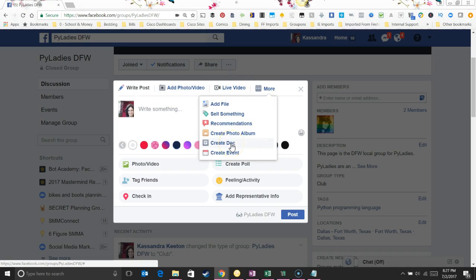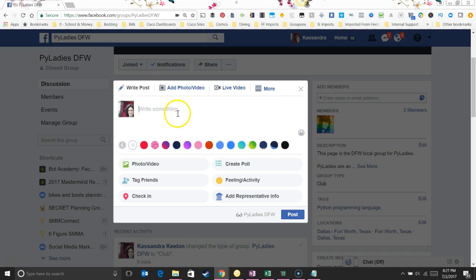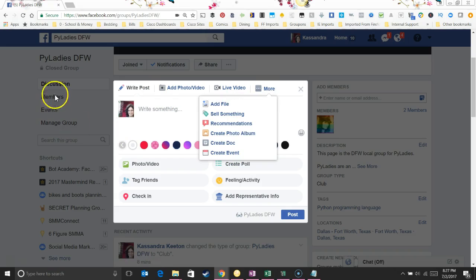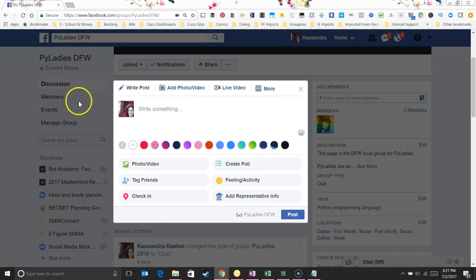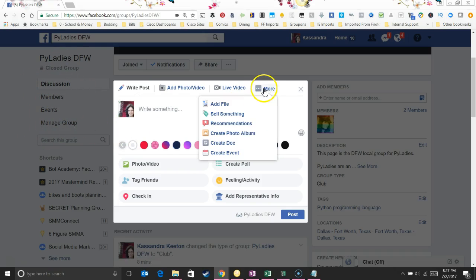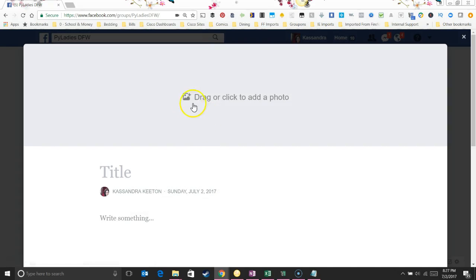You can create a document, just the same as adding a file, except when you create a document in Facebook, it creates it for you. It's not actually uploading the file. You can also create an event. Now, the reason I wanted to bring this up specifically is that, as you can see on the left side, there's not really any files right now. But if you click on create doc, or add file,